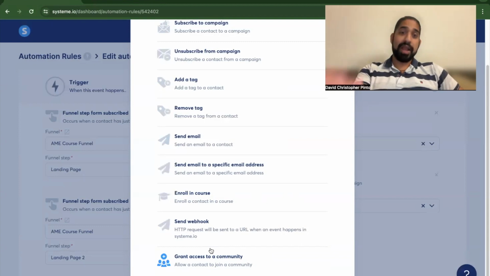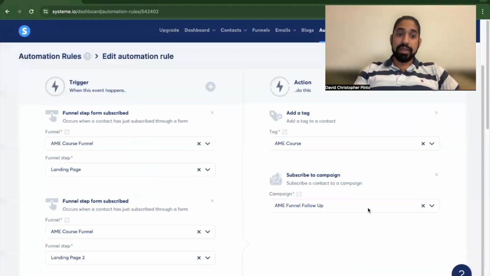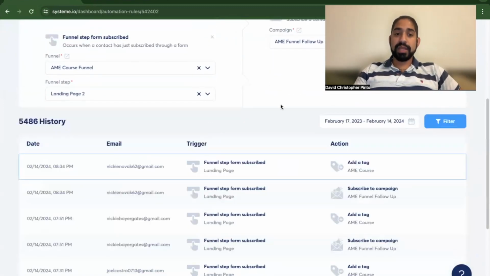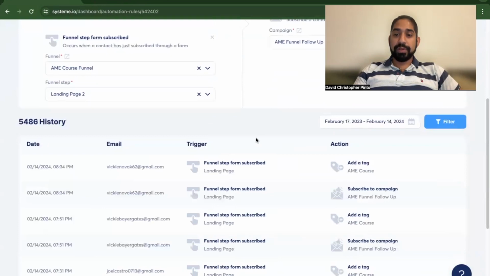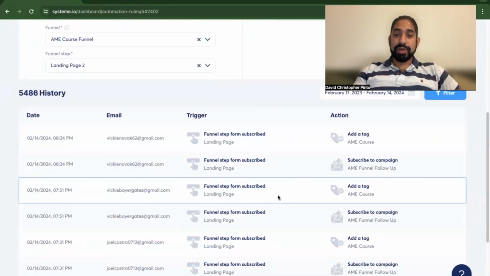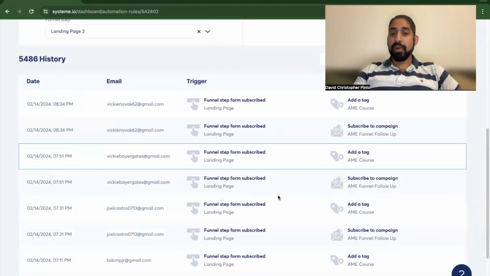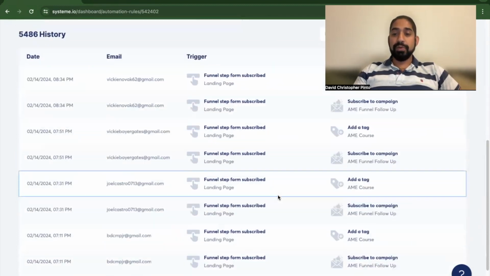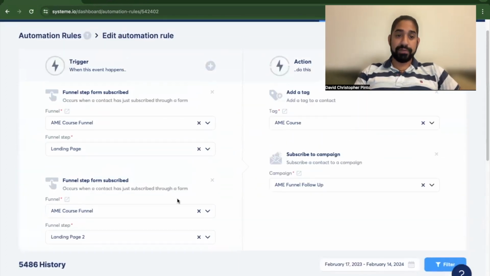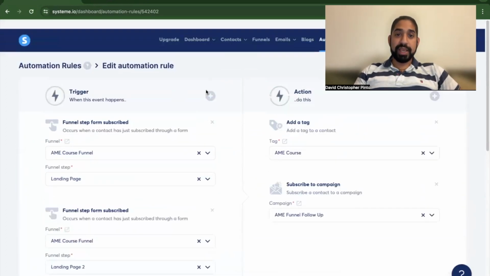They do also have an API that you can integrate, which is quite cool to have on a technical scale. So it's a very robust software, I must say, even for course creators. And that's why I think it's very important that you see these automations that are there, because now with these automations, you know exactly what's going on, who's clicking where, what's happening, which campaigns have they subscribed to, and so on and so forth. There are a few things that you definitely can see from them.